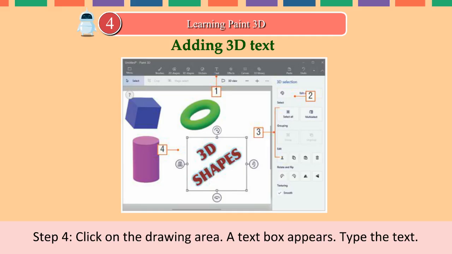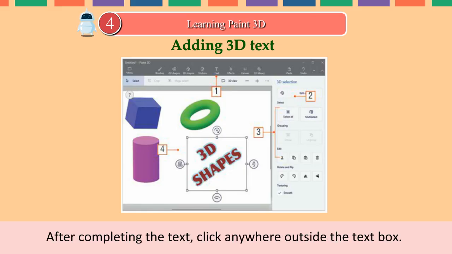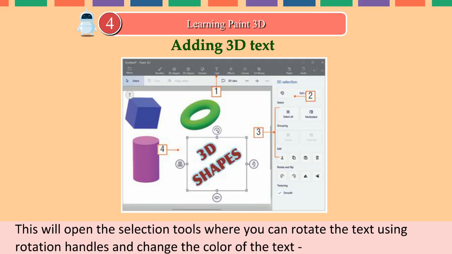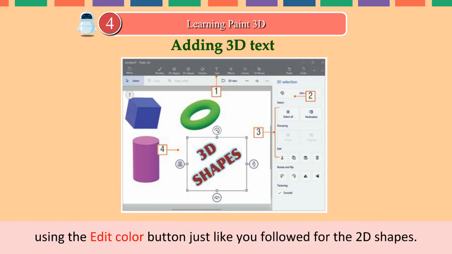Click on the drawing area. A text box appears. Type the text. After completing the text, click anywhere outside the text box. This will open the selection tools where you can rotate the text using rotation handles and change the color of the text using the Edit Color button, just like you followed for the 2D shapes.